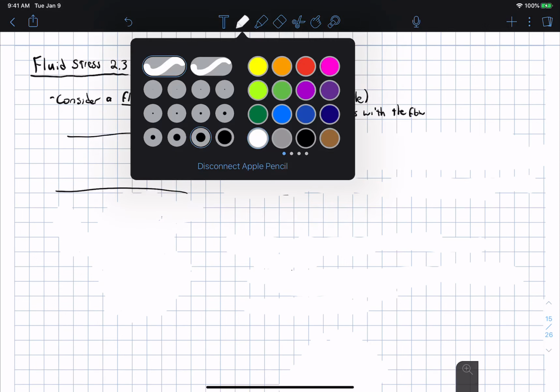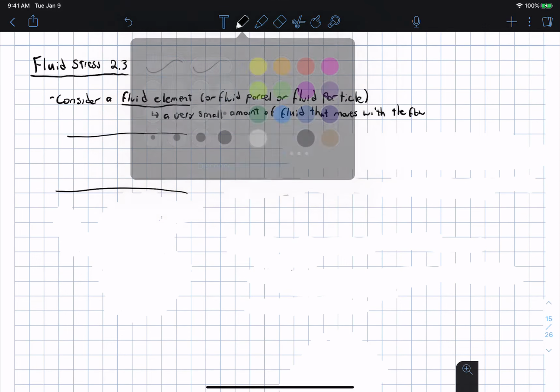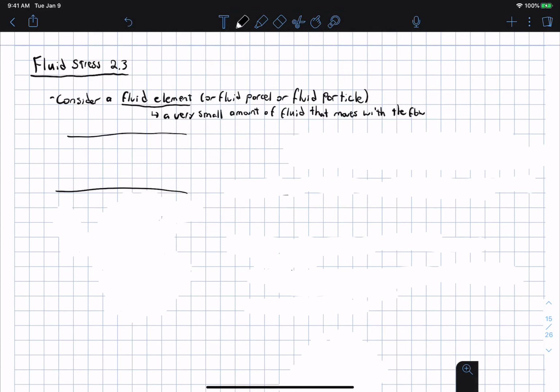And so here I'm just going to draw a fluid element. Here we have a little channel, and there could be some water flowing in the channel, and we're going to just draw a fluid element. They don't have to be squares and rectangles. They can be any arbitrary shape. So we have a fluid element. I'll get rid of those. We have a fluid element at some time t0. Okay, and we're just going to observe how this fluid